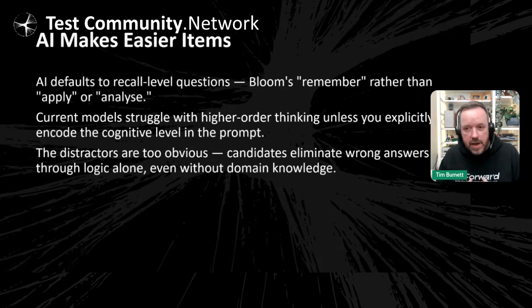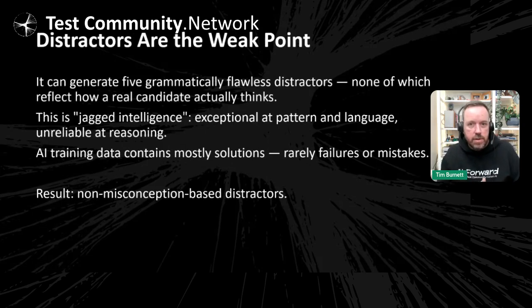Distractors are too obvious, and I do see this. I've seen it where the correct answer is about 15 paragraphs and the incorrect answers are quite short. It does take a little bit of steerage to get the AI to avoid that. But there is also the opportunity to put a layer on top of that, which is analyzing and counting. Character count is quite an easy thing to do in there.